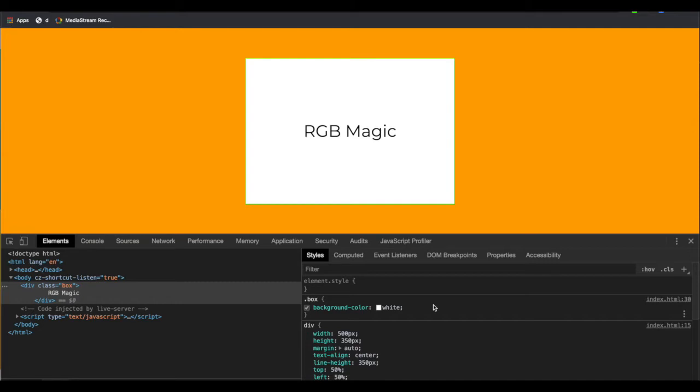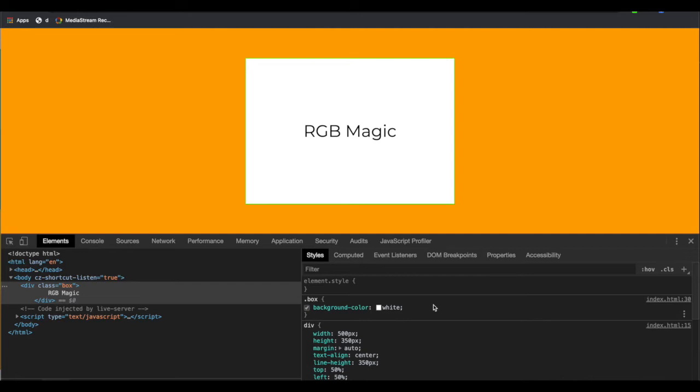Now what is RGB color coding? In this we have three things, R, G and B, that is red, green and blue. We have color codes in the hexadecimal format. What is the hexadecimal format? In this we have 16 items, that is 0 to 15.